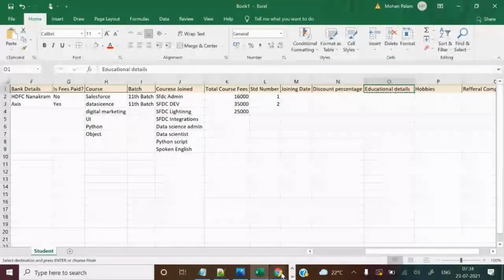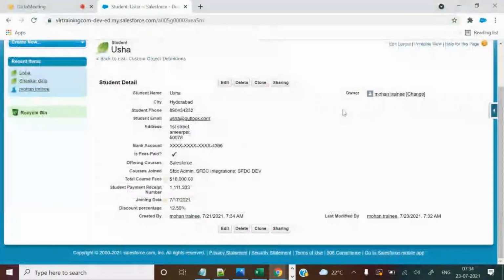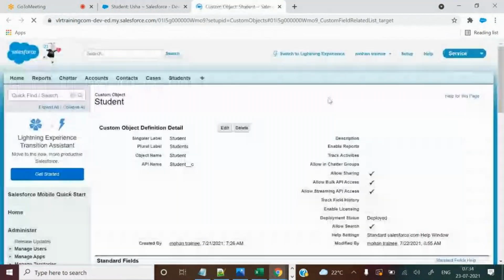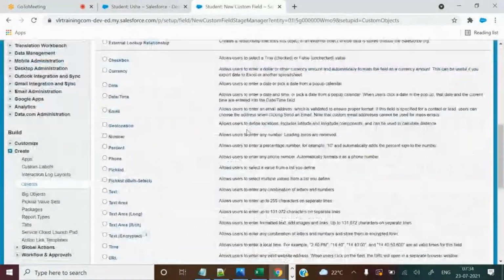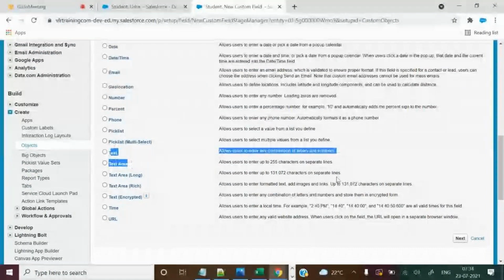So as a developer, you need to think which data type I need to select. They are asking to display a lot of details, so the character length goes more than 255, remember. In that situation, you need to select another data type field. It is text only, because details are nothing but text. Let's see. Go to new field, create it, and you can see text and text area maximum length is 255 characters, but here they want to store more than 255 characters.